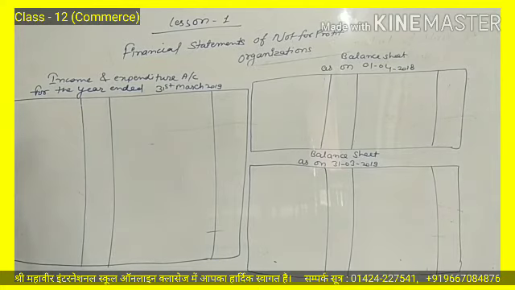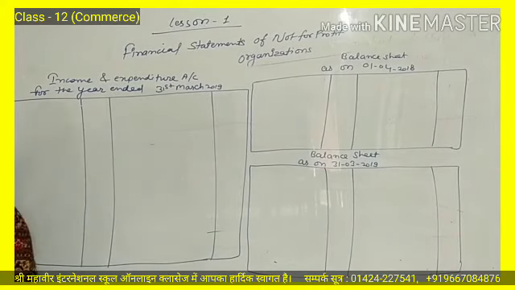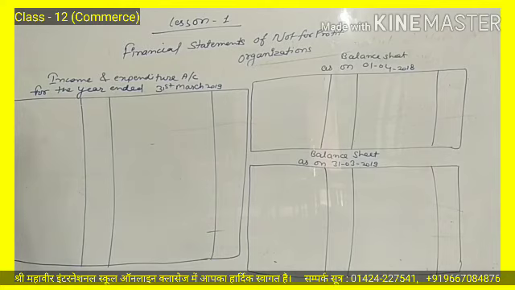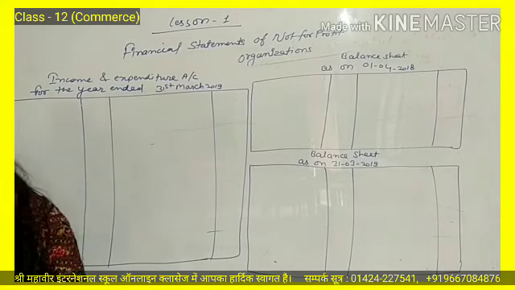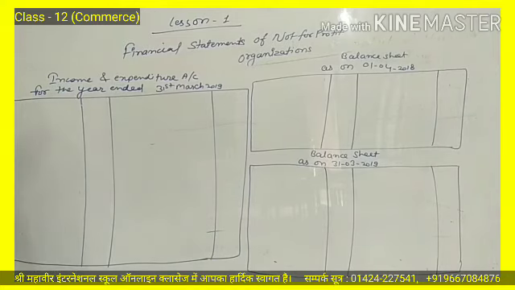Rent outstanding at the beginning of the year or at the end will also be treated with the rent, so you may tick on the rent. Furniture was purchased, so just tick on the furniture. There is additional information related to furniture also. On 1st April 2018, the club had furniture valued at 8,000. This is the opening value of furniture, and investment valued at 15,000. This is also the value of investments.